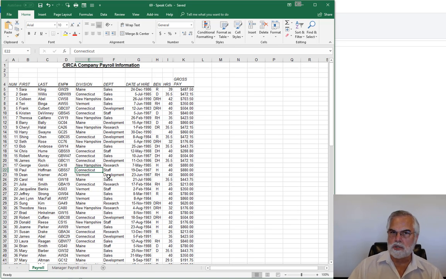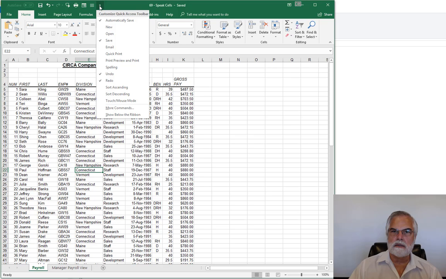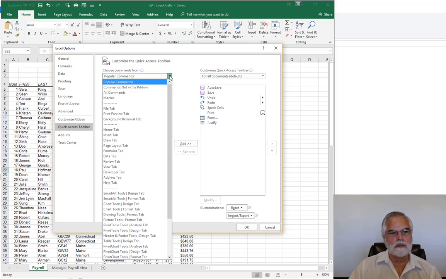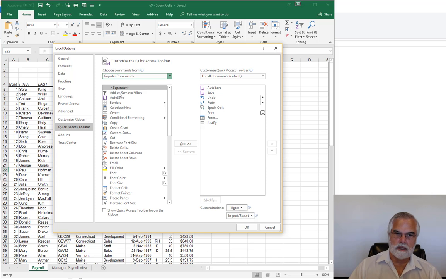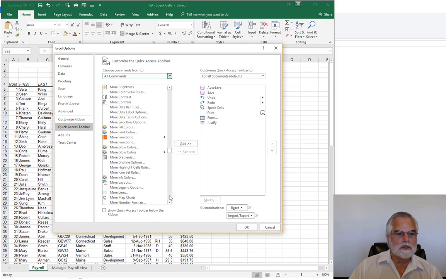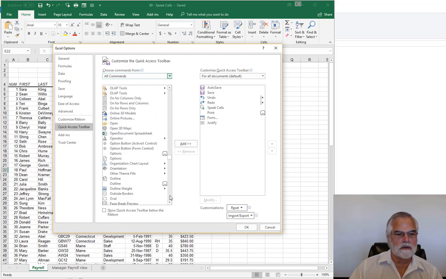Now I'm going to show you how to put it on the quick access toolbar. Click on your drop down and where it says more commands. And you see it's accessed the quick access toolbar. It's already highlighted. So what you want to do is go up here and click on all commands. And once you see it switch there, then it's alphabetical. So once you get to speak,